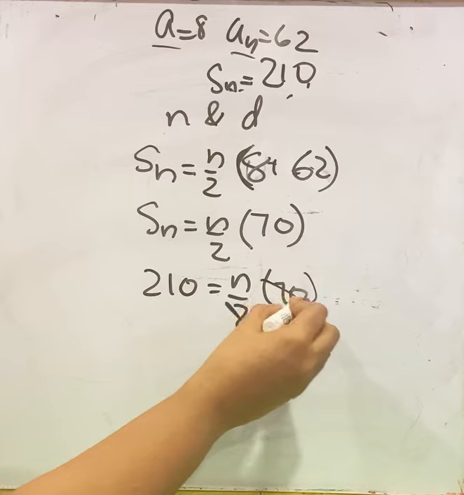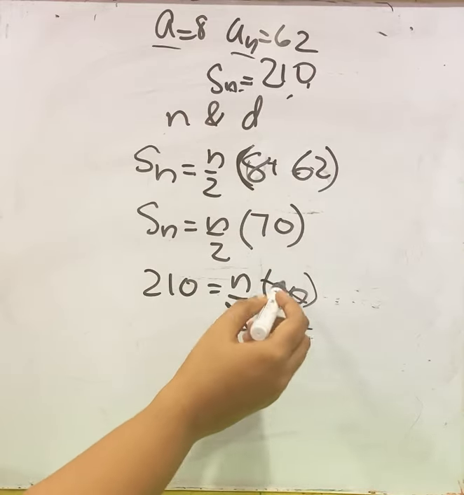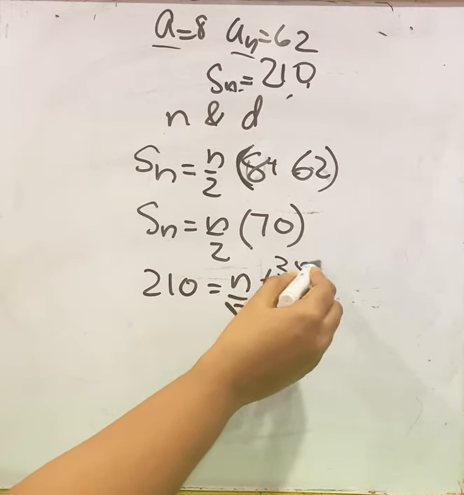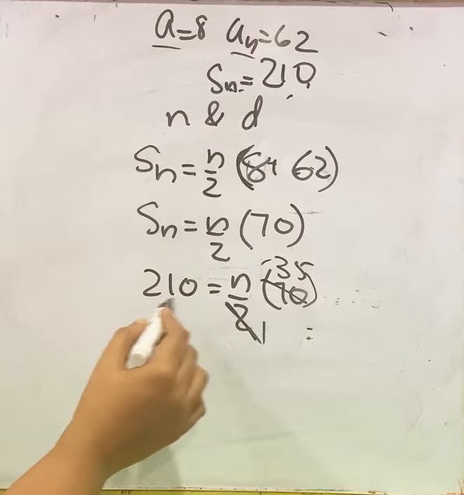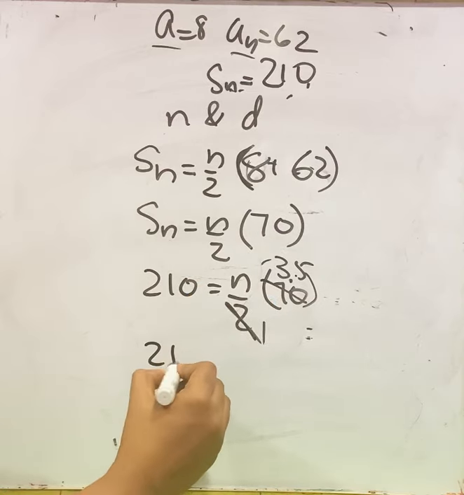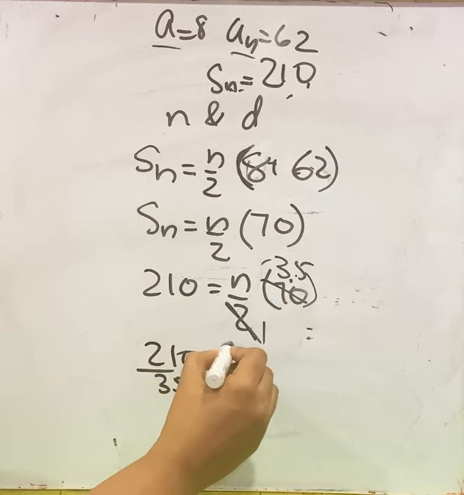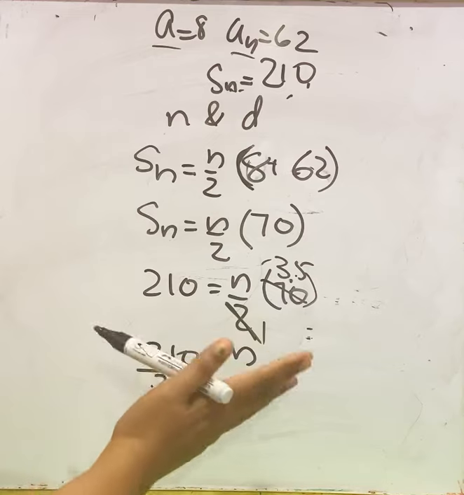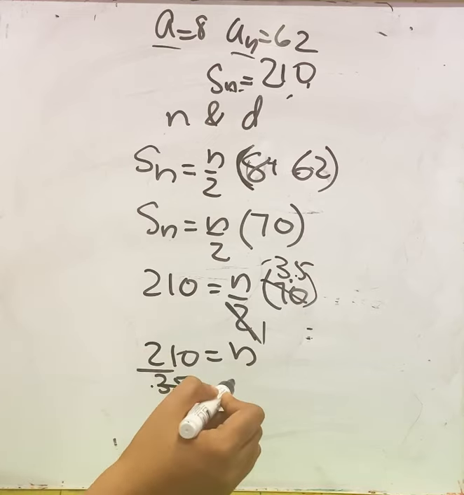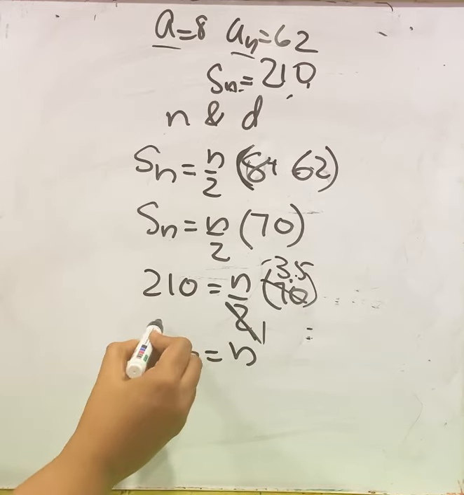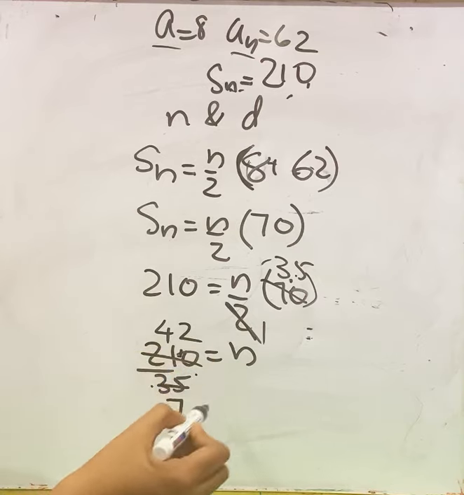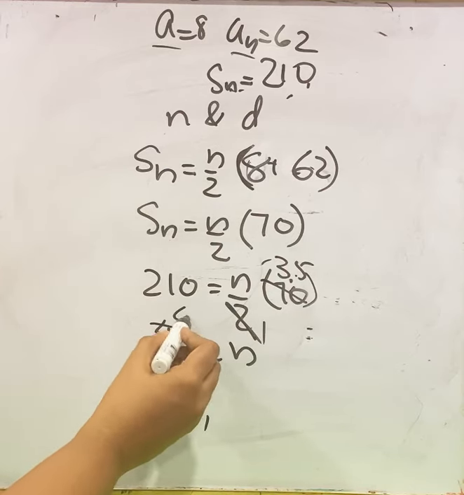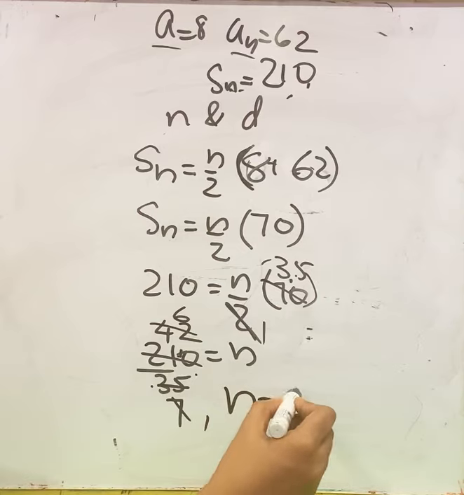Here in 2 and 70 we have 2 as the common factor. 2 ones are 2 and in 70, 35 2s are 70. Now take this 35 to the side. It goes to denominator because this is in numerator. 210 division 35 equal to n. And here 5 is a factor. So 7 5s are 35 and here 5 4s are 20, balance 1 in 10, 5 2s are 10. In 42 and 7, again 7 is a factor, 7 1s are 7, 7 6s are 42. Value of n is 6.